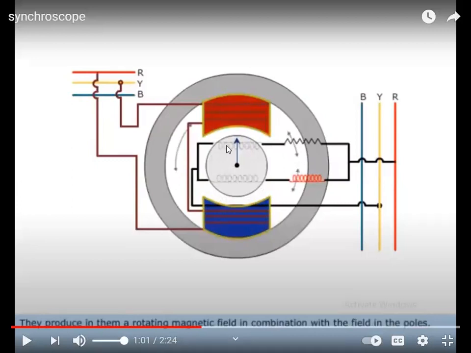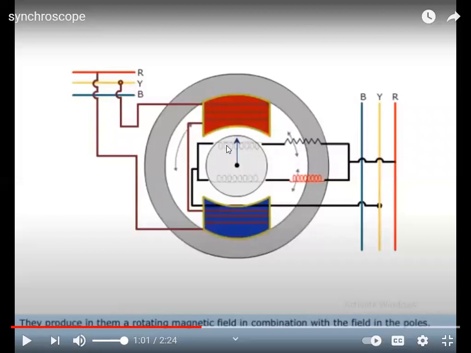So when you are giving the supply, it has a supply from both sides, and according to the difference, the rotating magnetic field is created. So suppose the bus bar voltage is higher, then its magnetic field will be higher. If the bus bar voltage is higher, then its magnetic field is higher. So let's say my synchroscope is rotating clockwise. But suppose let's say my alternator voltage is higher compared to the bus bar. So its magnetic field is higher compared to the bus bar. So let's say my synchroscope is rotating anti-clockwise.